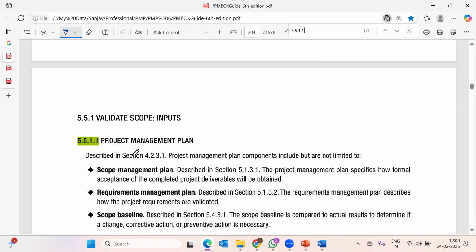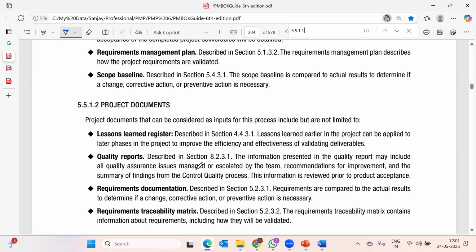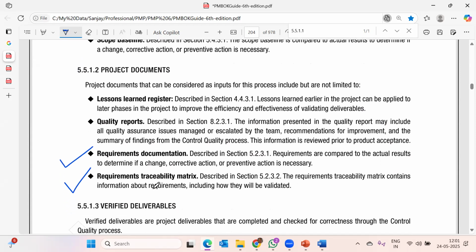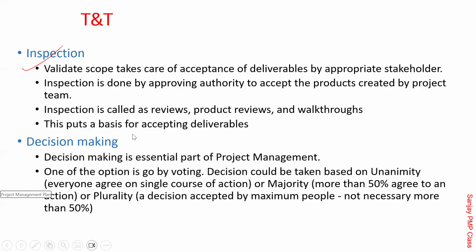So in that, what I was trying to say, Kuldeep, he should say project plan. See, requirement management plan, these are plans. In project documents, quality reports, requirement documentation. Did you notice this? You saw the RTM? These are separate inputs. He's saying requirement as an input. So under a larger thing called project documents, they have given it. So it will be there always. Correct.